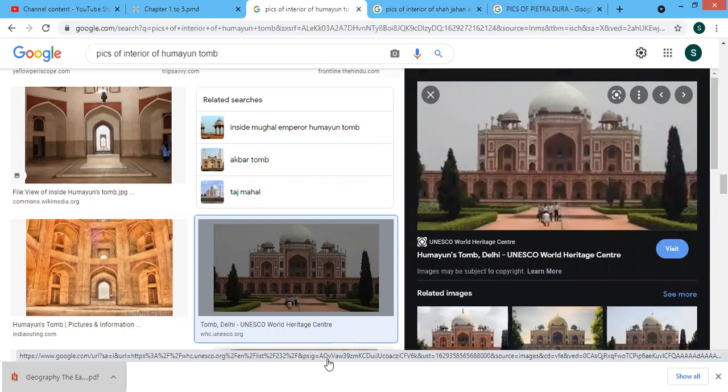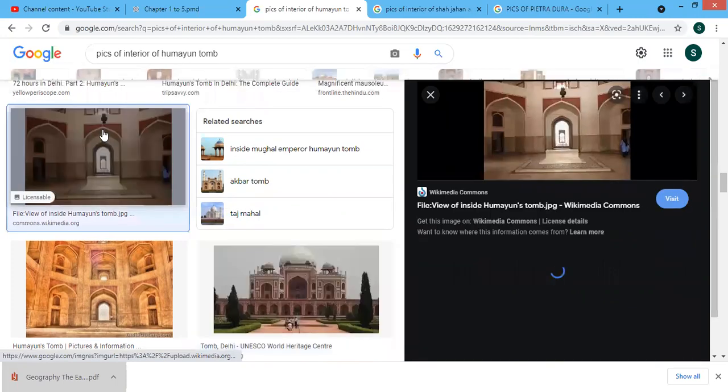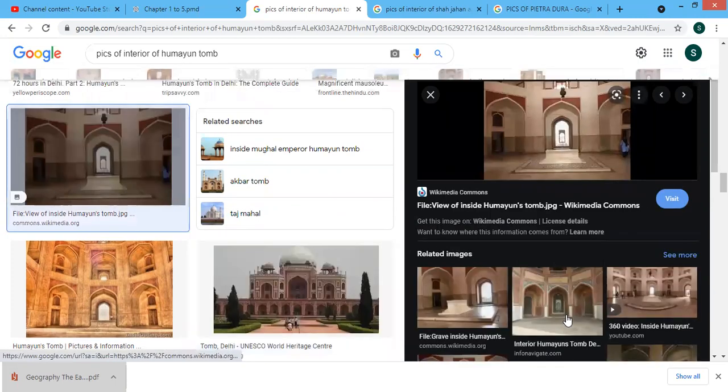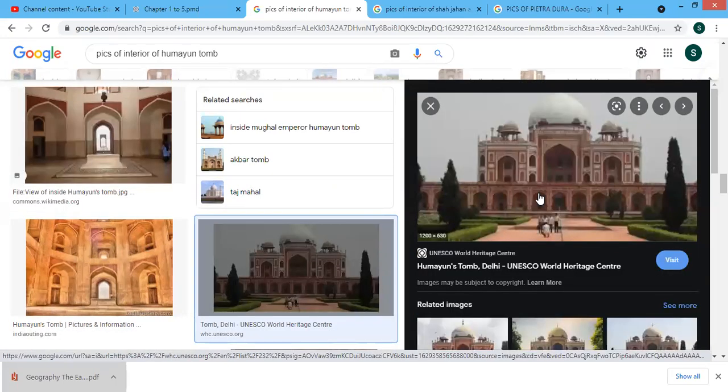It was built in the traditional Hasht Bihisht style, eight paradises, because the central hall is surrounded by eight rooms, meaning eight heavens. And as you can see, the building was constructed with red sandstone and edged with white marble.